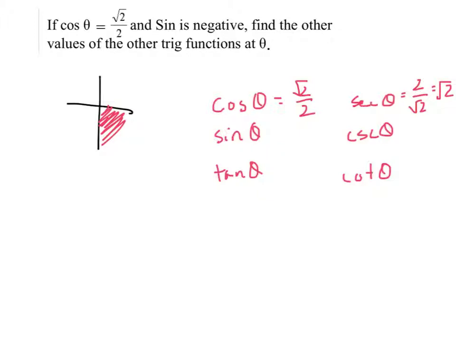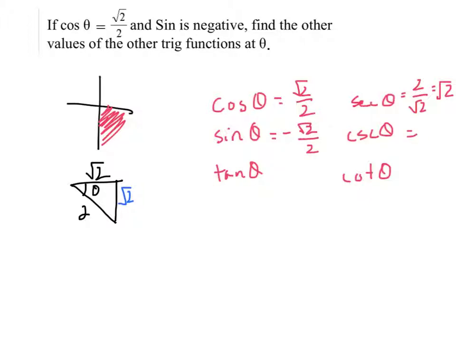Next, the sine. Let me just draw the triangle real quick as it would appear in that quadrant. Of course, we know the adjacent is the square root of 2. We know the hypotenuse is 2 because we know the cosine. If we use the Pythagorean theorem, we could solve for this side. It's also the square root of 2. So that means that sine, remember it's negative, is negative square root of 2 over 2, which makes cosecant